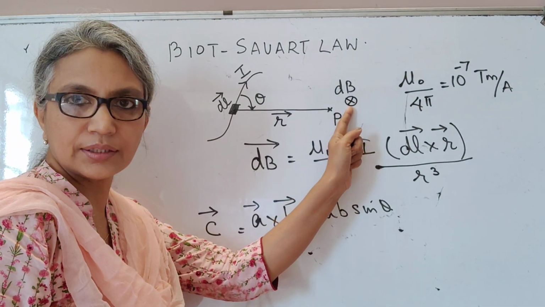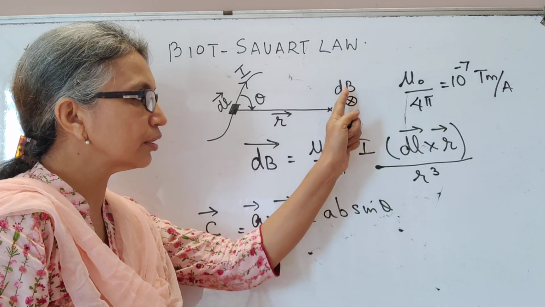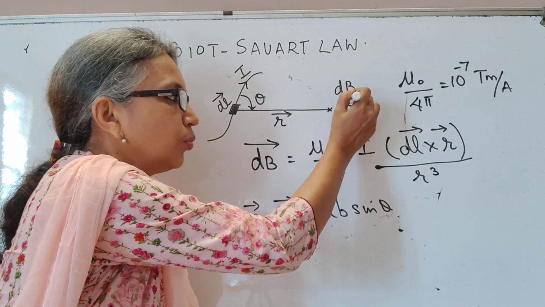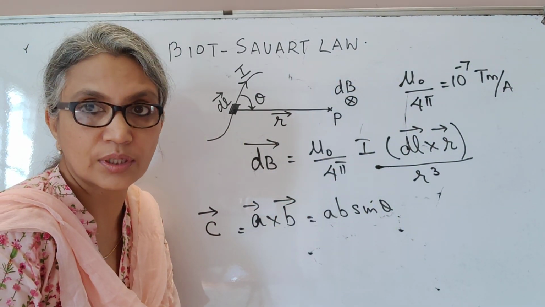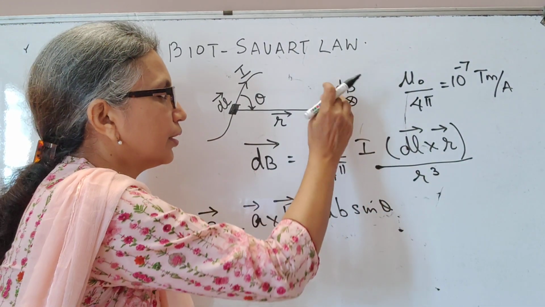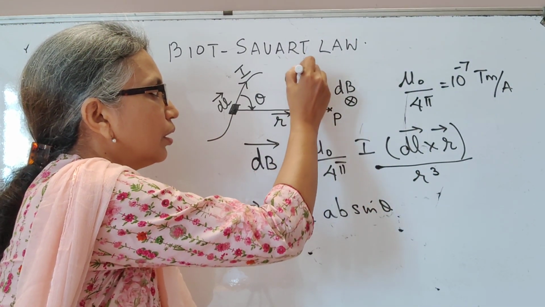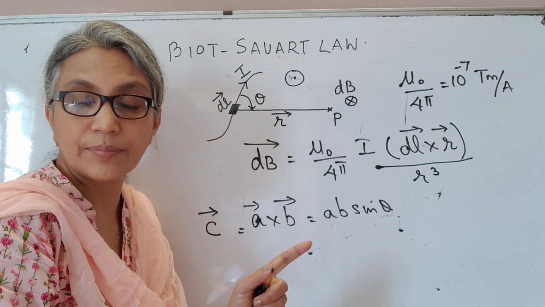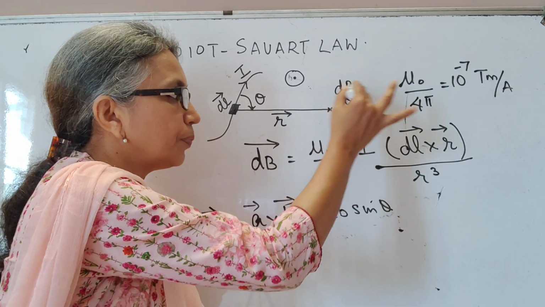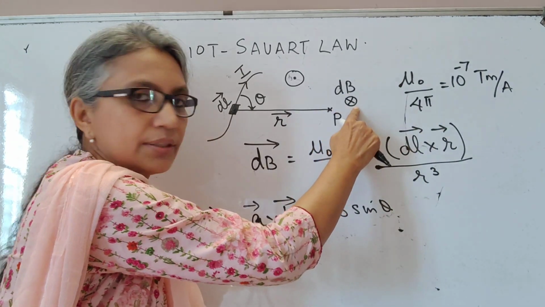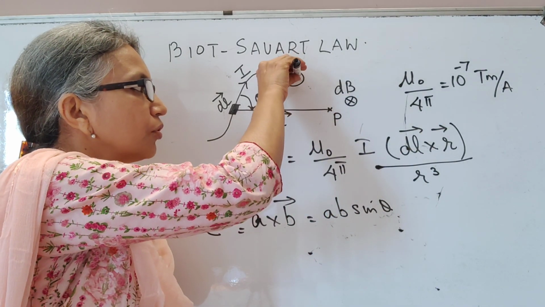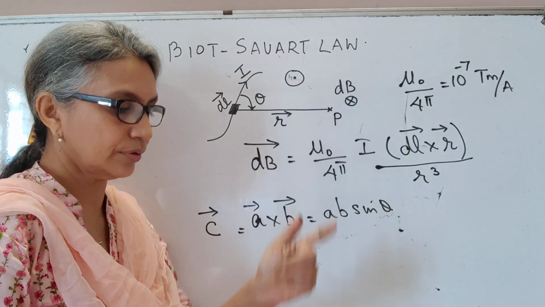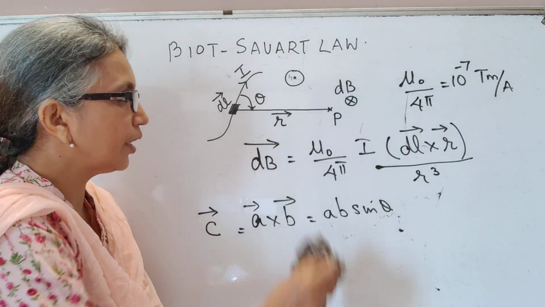So if you see something like this, it means that the magnetic field is perpendicular to the plane of the board but inwards. To represent an outward field, we would have drawn a dot. Okay. So in this chapter, whenever the magnetic field is perpendicular to the plane of the board and inwards, then this is the sign. Whenever it is perpendicular to the board and coming out, then this dot is the sign.